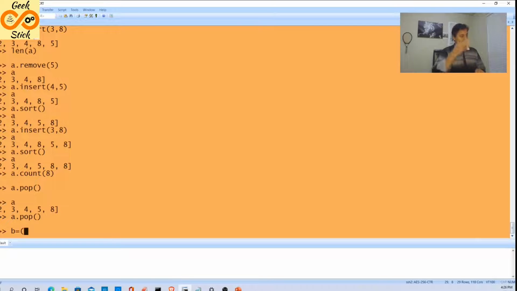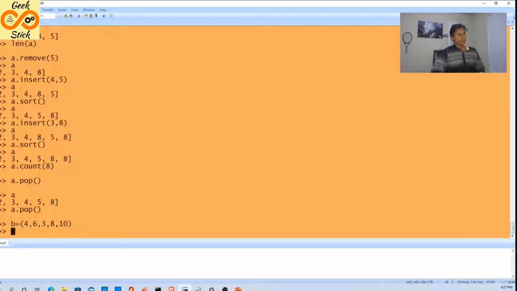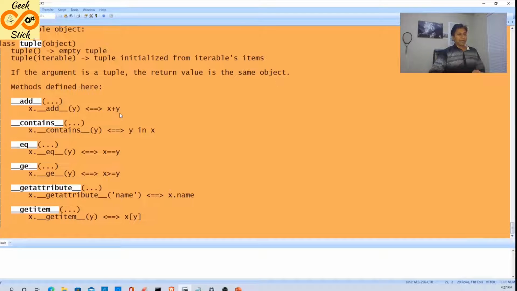And how are we going to give these values in this regular bracket: 4, 7, 9, 8, 10. Purposely I am giving them in a different order. Can we change the values in tuples? No, that is the beauty of it. Here, for example, with the help of b, we can get the output outside, but again we can't put it back in the tuple.